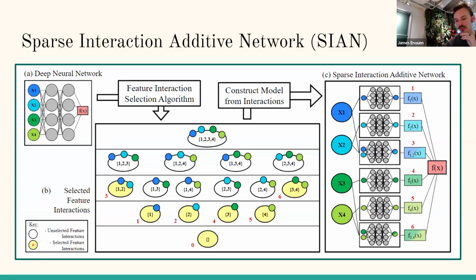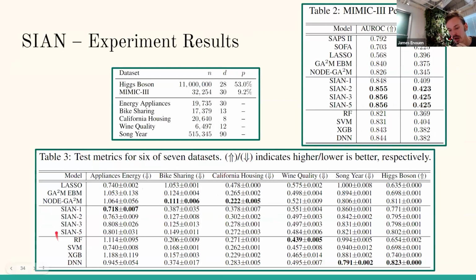But for this one, what we do is we're just training at stage 1, at stage 2, at stage 3, and at stage 5. So 5-order interaction. And what we see here is that actually the neural network trained with this distilled information will outperform the original neural network that we had trained. So after distilling the symbolic knowledge, it can do even better because of this regularization procedure that we're adding.